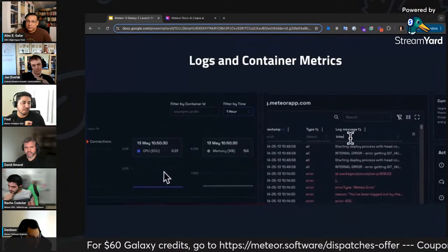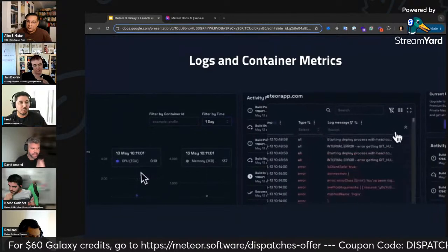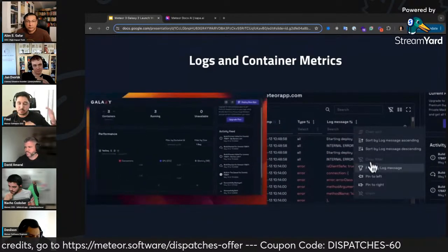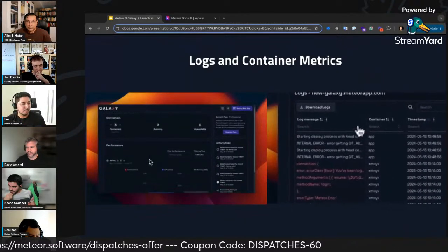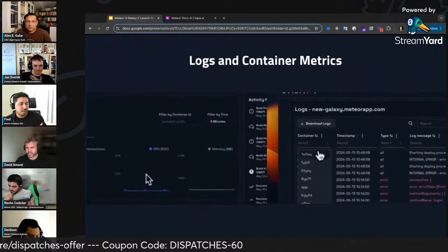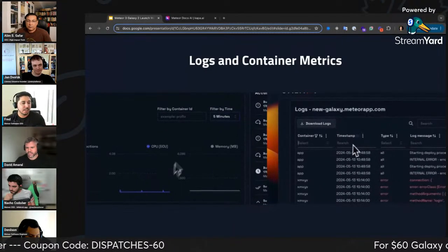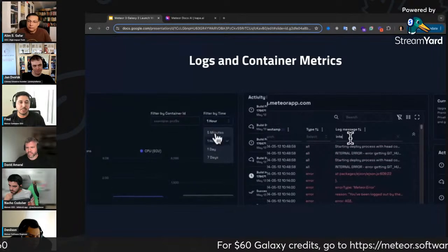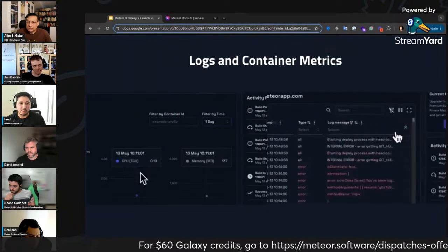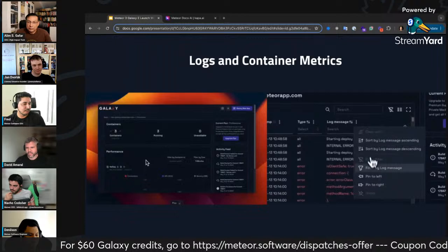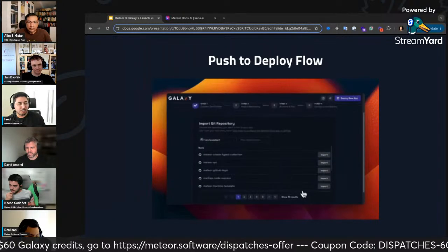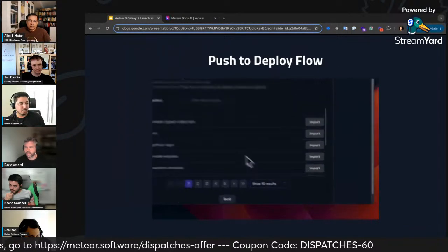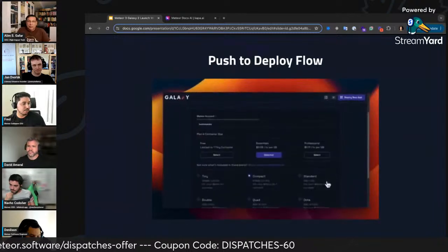You can even click and go to a full screen page, so you can try to find an issue you might be having. All the columns have filters. You can hide and show columns, so it's very customizable, and it will be a lot easier to find anything in the logs. The push to deploy flow is also improved, and again, a lot easier to use.